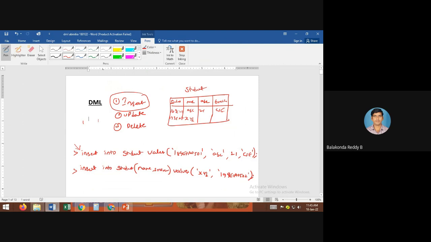Any doubts in these two syntaxes, guys? No, sir. This one is called partial, this one is called complete. Note down the syntax. Insert into table name values of attribute values in bracket. Note down. Insert into table name values of attribute values. That's it. This is the syntax